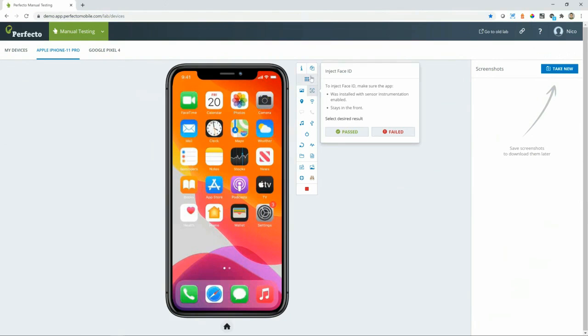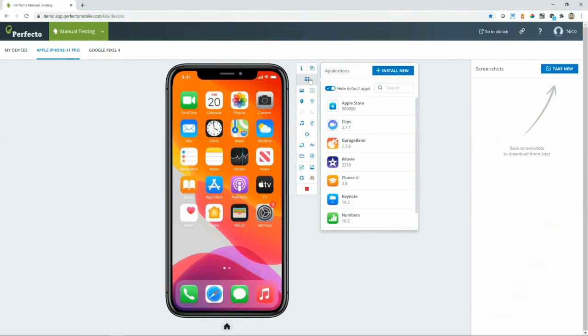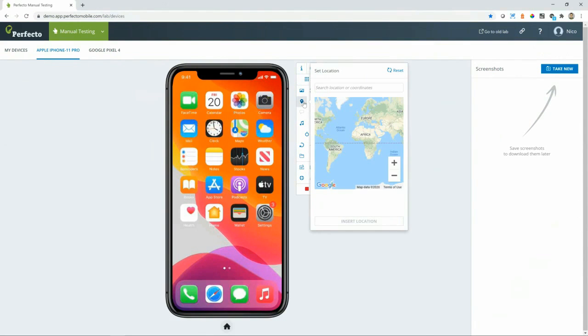supports within the system. So again, you can install the application, and we'll instrument those applications so when they execute, you can go ahead and, if your application supports things like Touch ID, Face ID, utilize those capabilities. Again, we also support simulating location. So if we want to go to maybe London or Sydney or Hong Kong or California, we can simulate these locations within the Perfecto platform. And you can do this in both a manual test as well as your automated test, which we'll show you